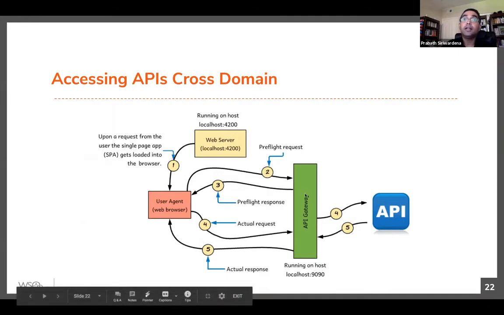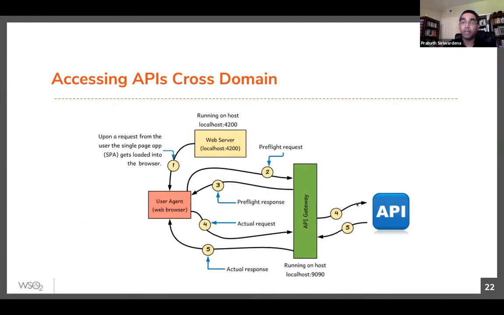The typical approach is, rather than enabling CORS at each API, enabling CORS for your single page app domain, you will have an API gateway. So all the business APIs you want to invoke from your application are fronted by the gateway, and at the gateway you enable CORS, right? So then you don't need to worry about each and every individual API, right? So with that approach, you can make sure your SPA can call any external API.